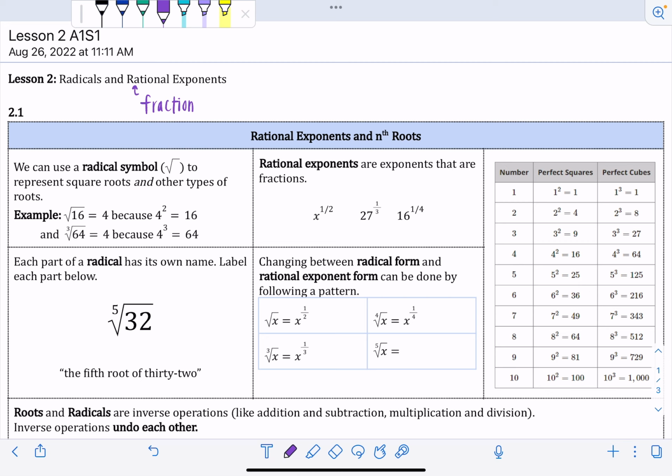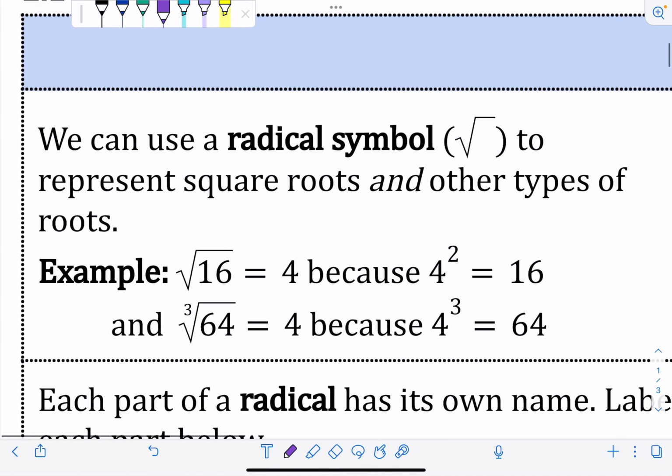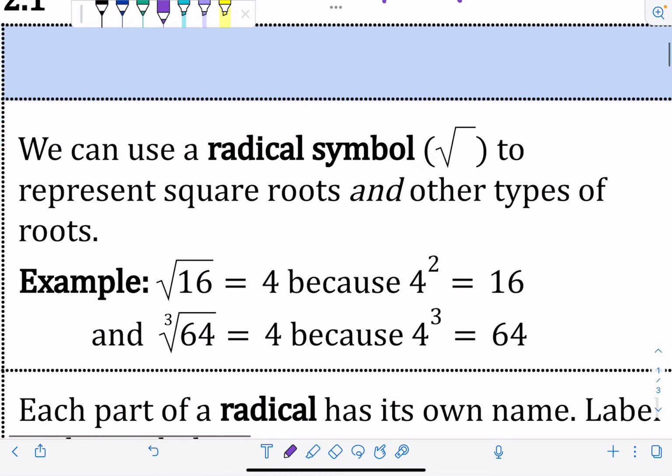So if you want to pause the video and copy this down and fill in as I go along, feel free to pause it here. If not, I'm going to zoom in and start in the upper left corner. Okay, so first thing, we can use a radical symbol, which looks like this, to represent square roots and other